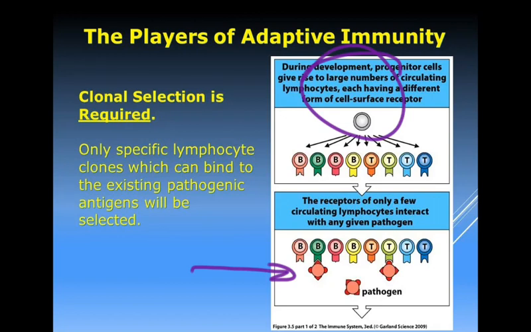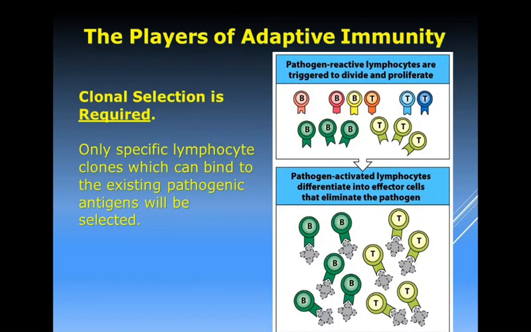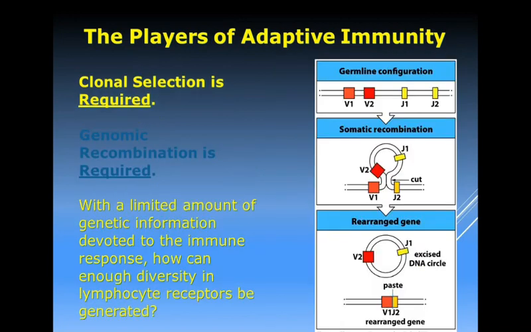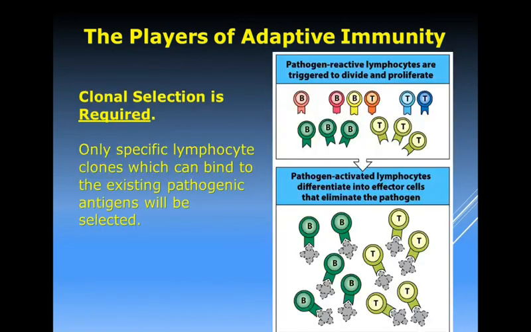So once those antigens come in, specific clones are going to grow, divide, differentiate, and begin the process of going down the way through their effector cells. And we'll come back and we'll talk about this next time. Don't forget